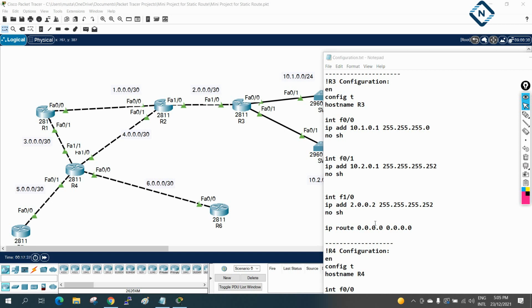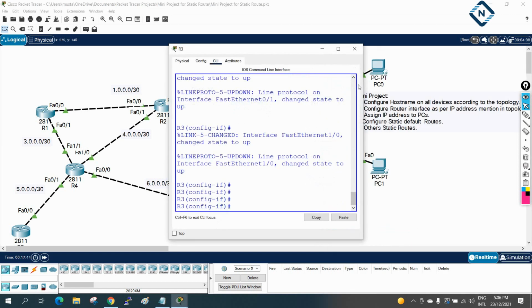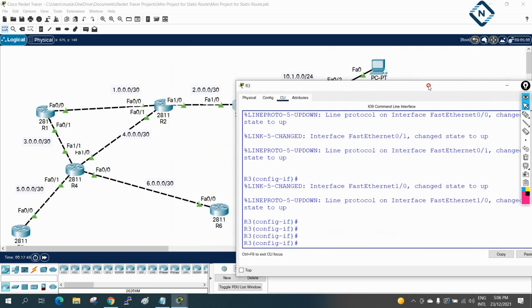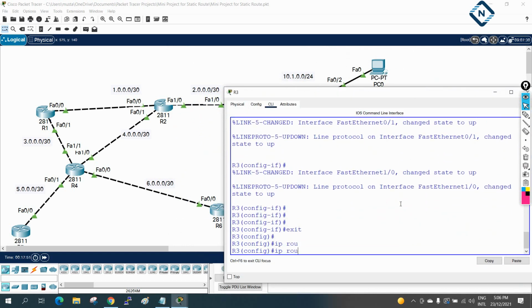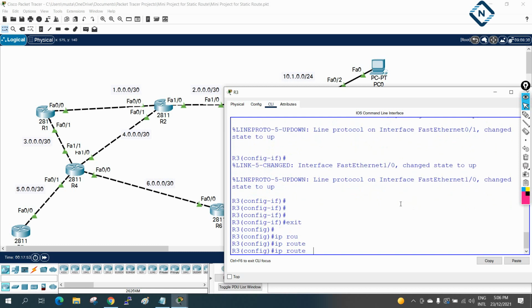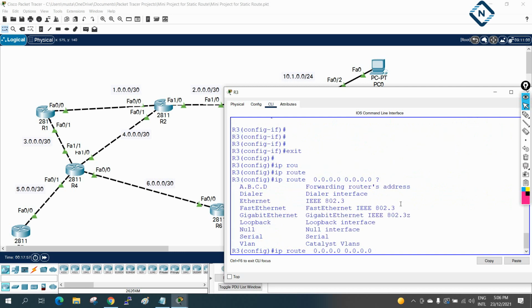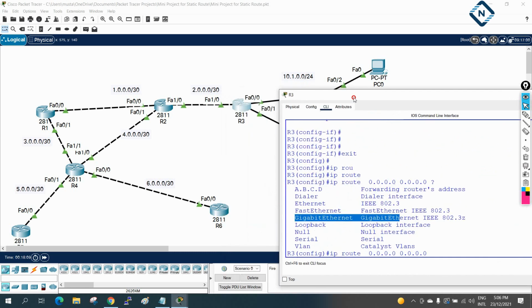Okay. If you are facing confusion, let me write and show you. I will go here in R3. Now in the R3 we are going to configure that. So I can write here ip route, and then 0.0.0.0 and then 0.0.0.0 and put a question mark. What we can put here: we can put the forwarding route address, and we can put our Ethernet or FastEthernet interface, that is our interface.